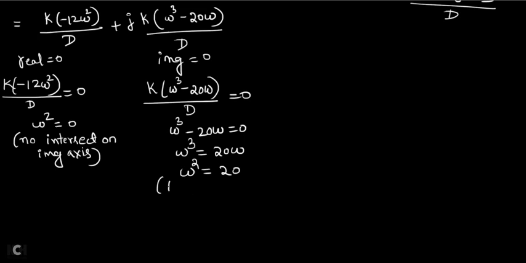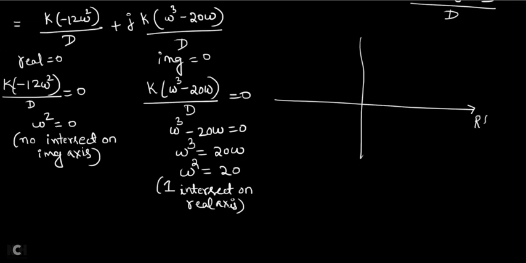So that means because you got a single value for omega, there is a single intersect on which axis? Real axis. Because you have equated the imaginary term to 0. That is why you are getting a non-zero number for omega. Single non-zero number for omega. That means there is one intersect on the real axis. One intersect on the real axis. Now after knowing all these things, I have to draw my Nyquist plot for which section? Section AB. Okay, I am drawing the Nyquist plot for section AB.